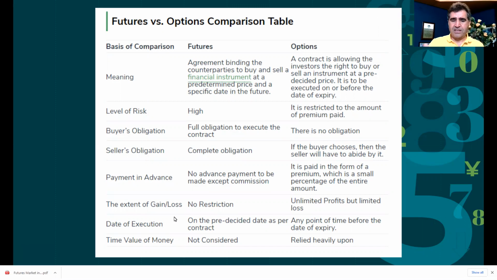And the last thing is the time value of money. It's very important. When you do the options, we've talked about the time decay, the time value. It's a depreciating asset when you're buying, for instance, a long call or put, so time is against you. But in futures, there's no such thing. So it's not that complicated. It's very straightforward. It's the buyer and seller agreeing on a price based on the market. Again, you can get in, get out. It could be more expensive 2 months from now, or it could be a lot less worth 2 months from now.